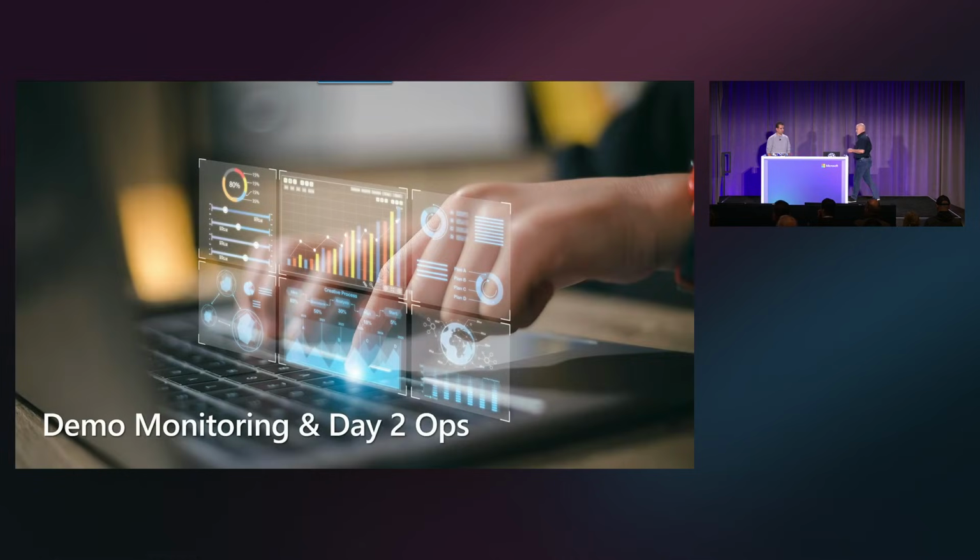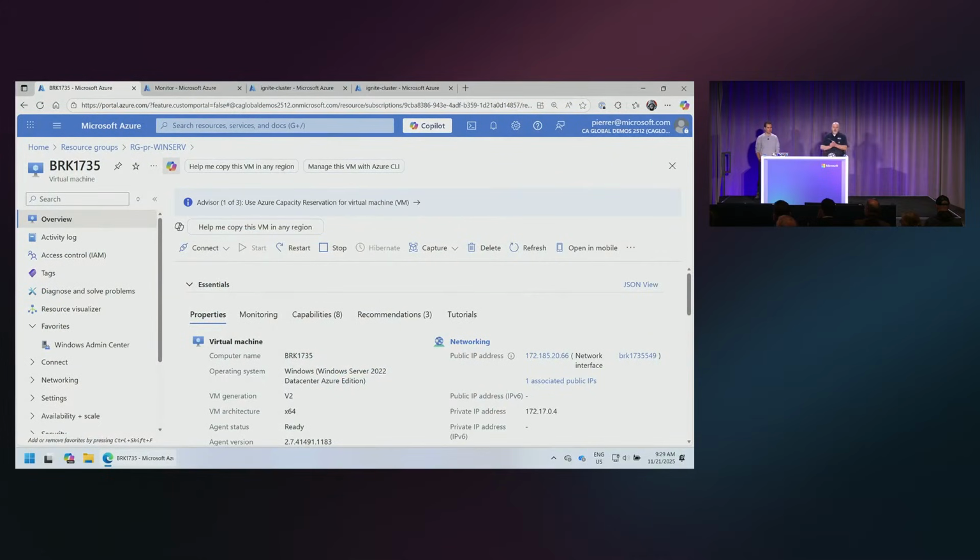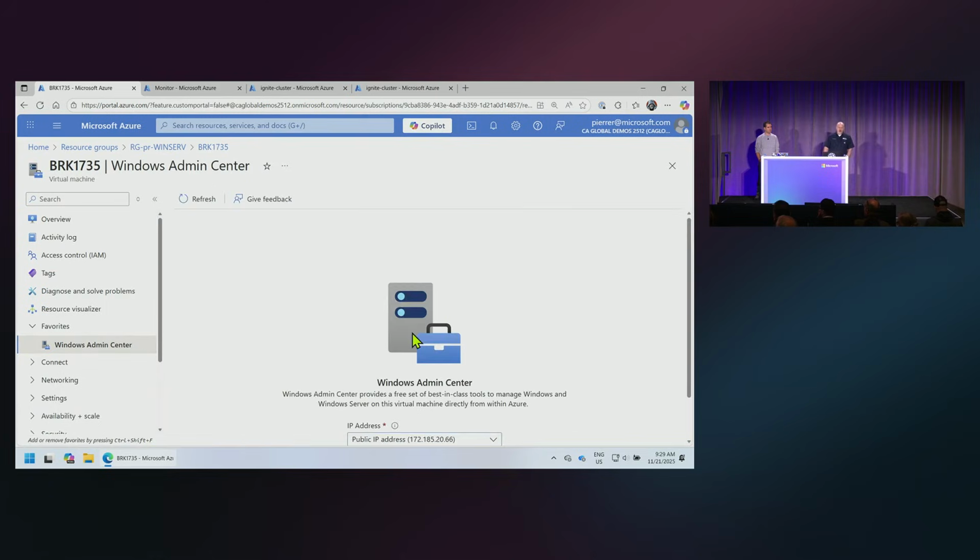So when we look at monitoring, I'm looking at my VM here, and I've got a few ways of monitoring. If I was on-prem, how many of you are still running the majority of your systems on-prem? Okay, a fair bit of you. It's hard to see, but yeah.